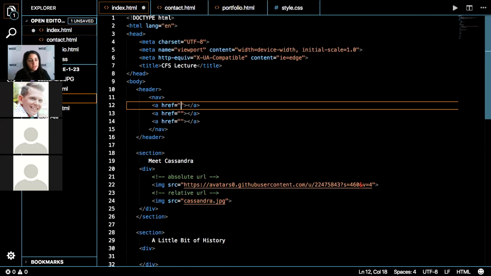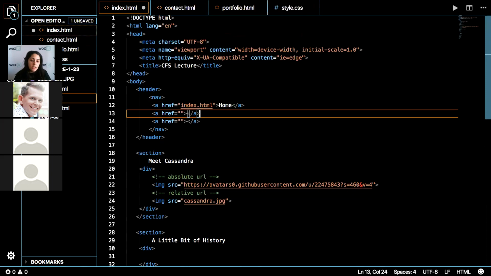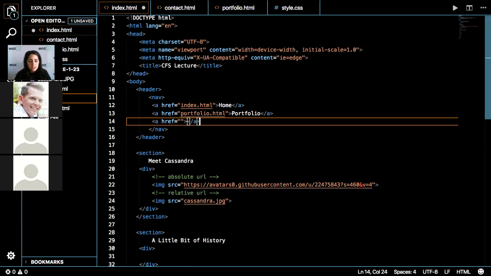So in my href, since we are going to be navigating to other pages of the site, I'm going to use a relative URL. So the first one I'm going to do is my index.html because I'm going to consider that my home page. And in between my opening and closing tags, I'm going to write the word home. And that word is now going to be clickable and take me to my index.html. Next, I want to go to my portfolio. So I'll just go ahead and put portfolio.html since it's directly in that folder. And I'll put portfolio here because that's the word I want to appear. And then we'll do one for contact.